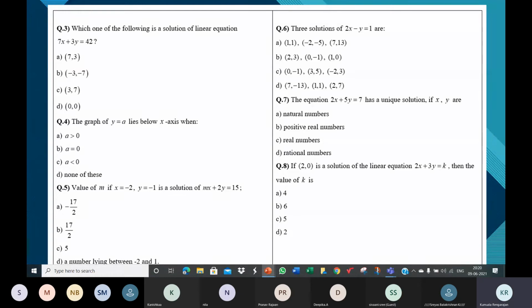So for some natural number y, after 1, that is 2, 3, 4, 5, 6 and on, the numerator will become negative because it will be 7 minus 10, then 7 minus 15, 7 minus 20, 7 minus 25. So the value in the numerator will become negative, which means the answer you get for x will not be a natural number. So 1, 1 is the only solution where x and y are natural numbers, which means the given equation will have a unique solution if x and y are natural numbers.